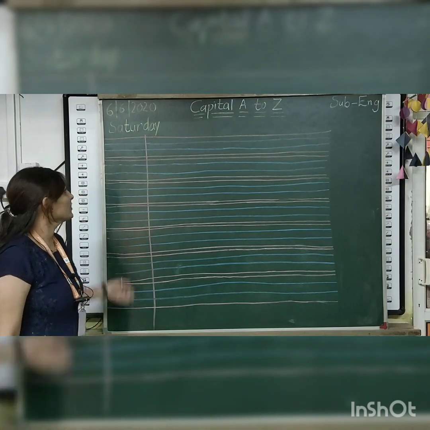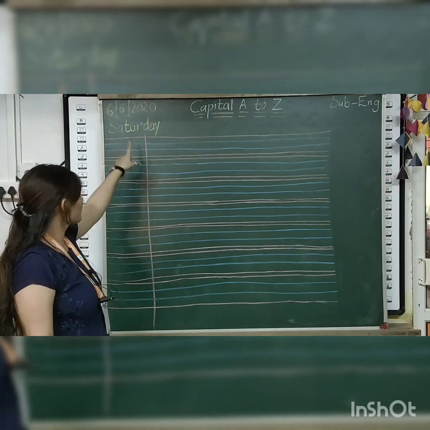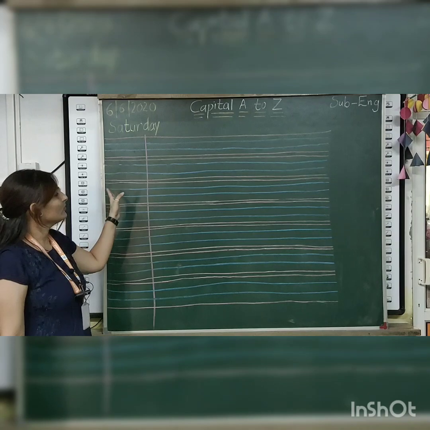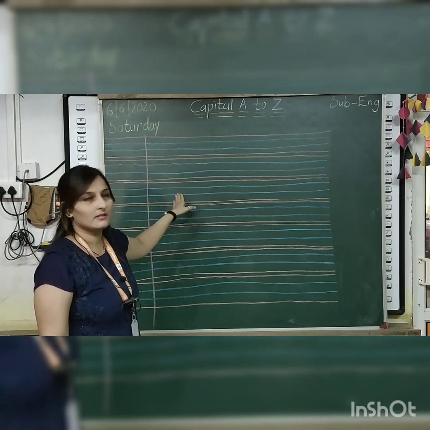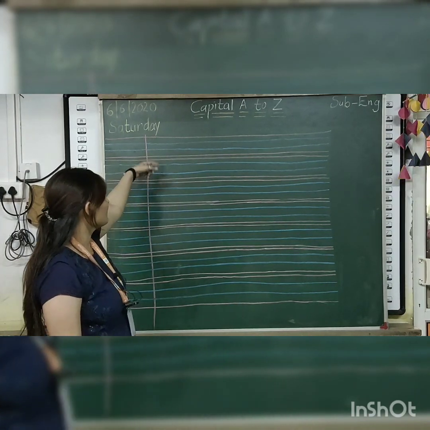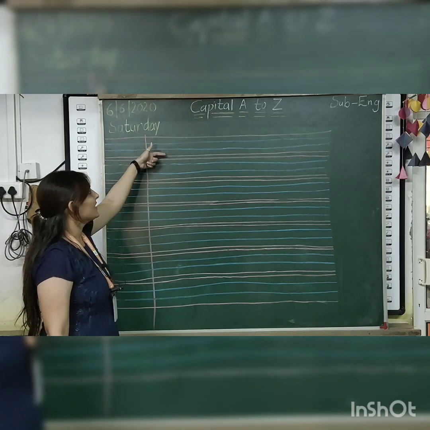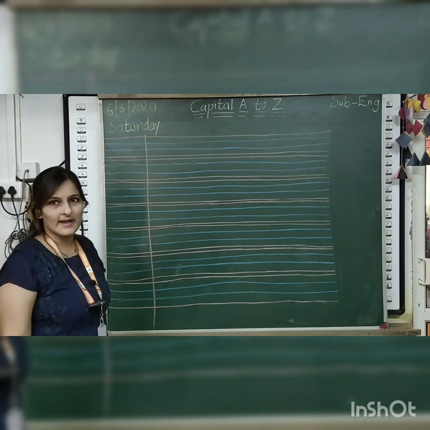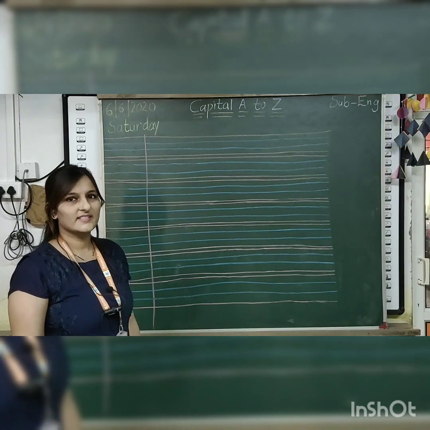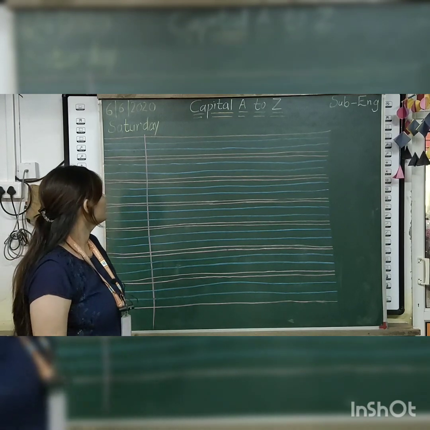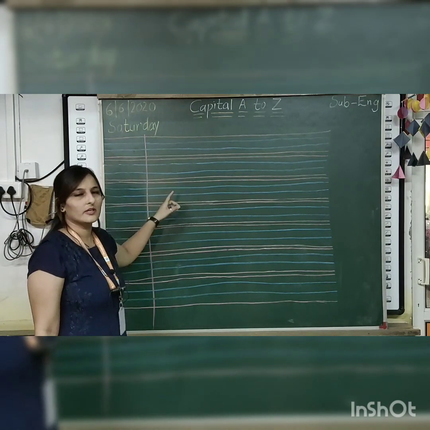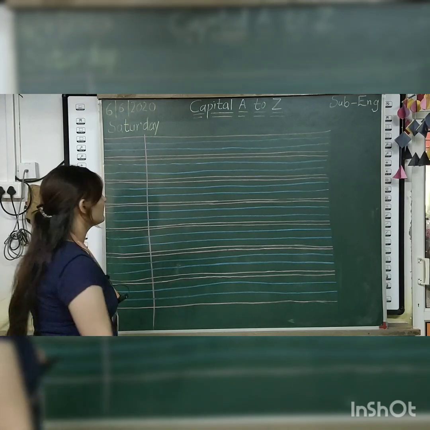So, students, you can see this is your page. This is the margin line, but we have to write on the right side of the margin. There are 4 lines. You can see first a red line, 2 blue lines and then again a red line. So, start writing with me on this right side of the margin. Okay, start from that red line.